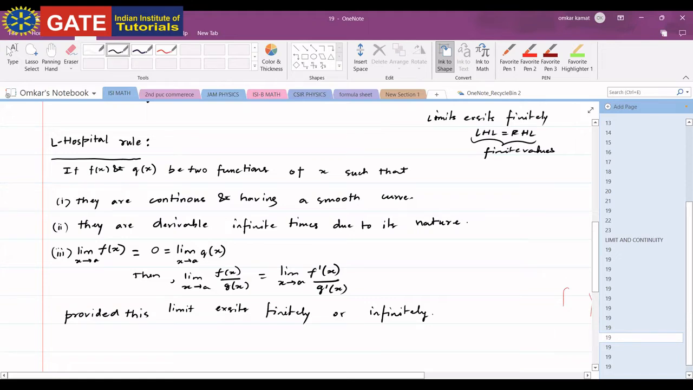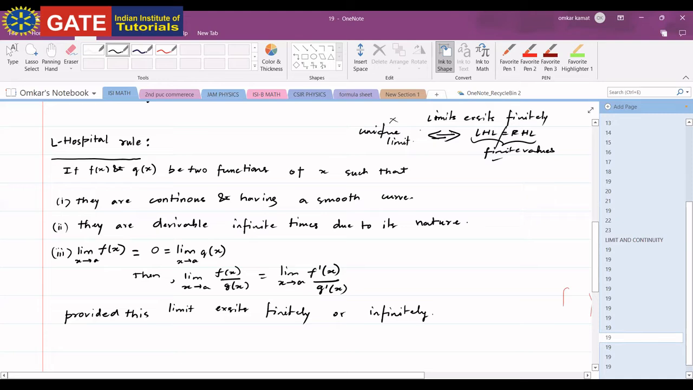Okay. So limit exists finitely means LHL equals RHL and has a finite value. And this also implies that the function has a unique limit. And if a function has a unique limit, this implies that the limit exists finitely. They are if and only if conditions. If either of these fails, then we say that the unique limit does not exist, because there are